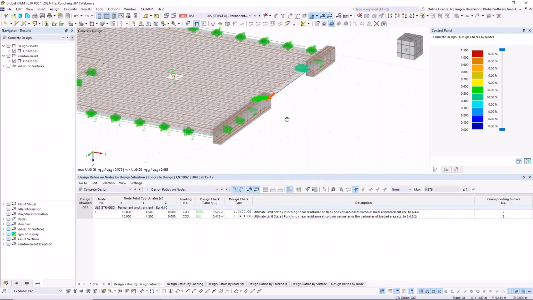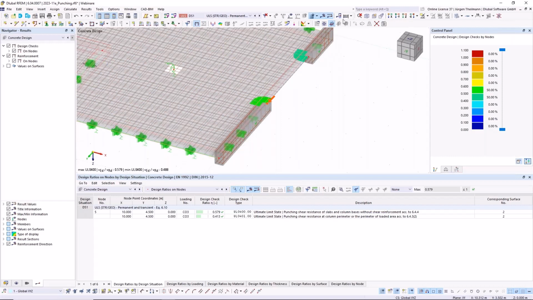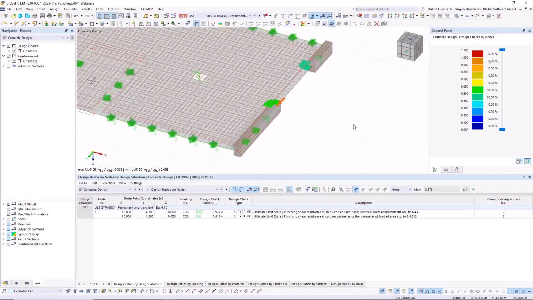And now you will see for my two nodes, I have selected the punching design now is fulfilled. Now they are recognized as wall ends. For the foreseeable future, there will be a check coming that will give you a warning that the topology of these chosen nodes is not valid for a punching design. But at the moment, you will have to use the few hints I've given you to search for possible causes that the punching design is not performed.